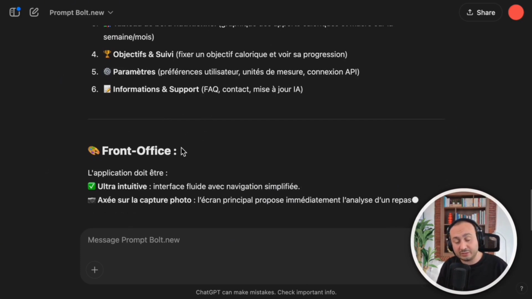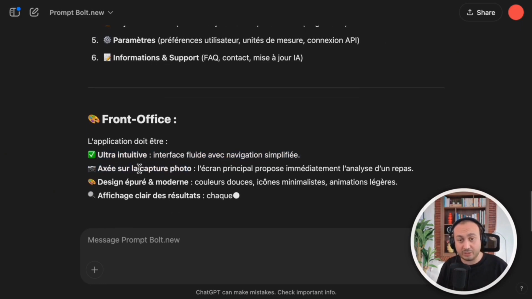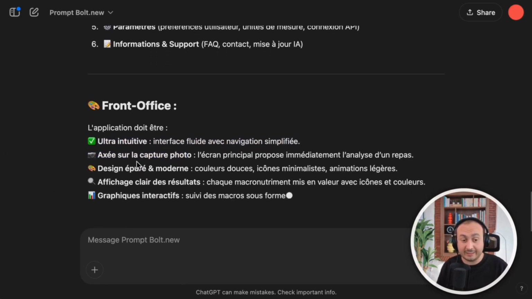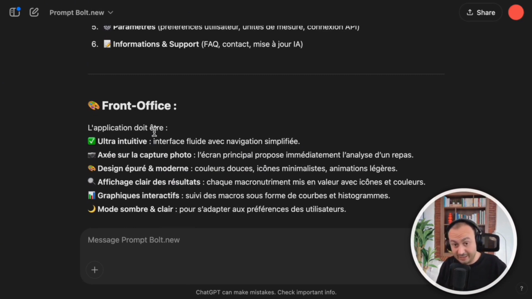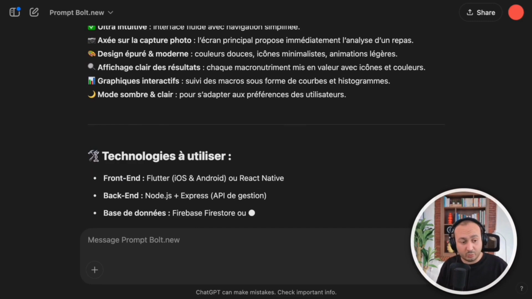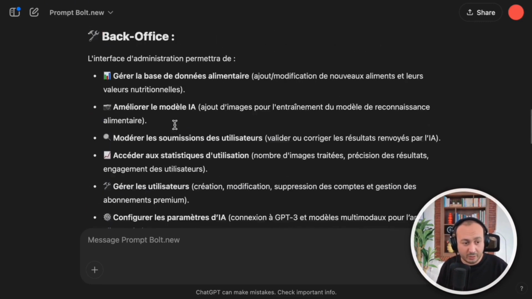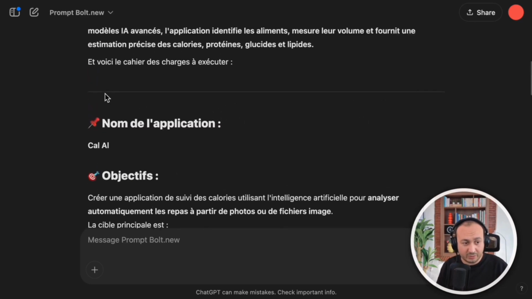Here, it's the front office side, meaning the visual side, the design side. It provides exact information on how the application should be displayed. It is based on the brief description I gave it, but I can do even better. I sent the website and it's going to copy-paste it as well. Here too, it will provide information on the technologies to use. So for me, what I need to do is simply copy that right from the start here and go to